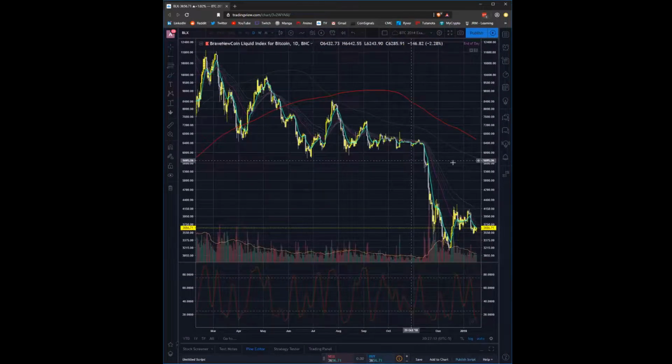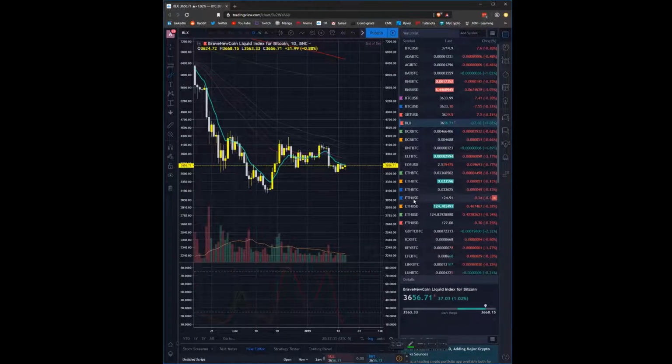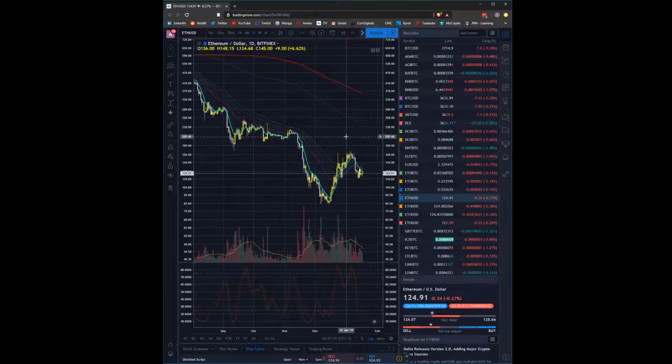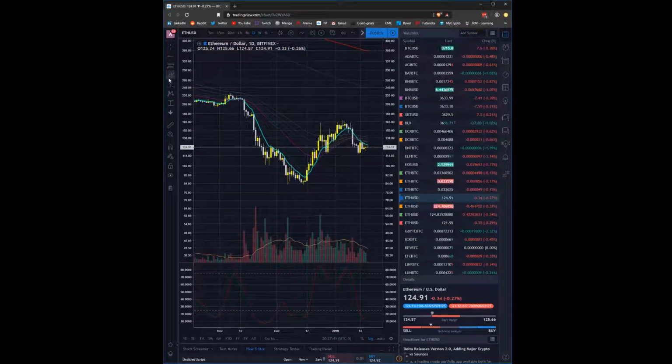Now for this. Another good way to do this is if you're long Bitcoin, you could be short an asset that is correlated with that. In this case, Ethereum, right? If we see here, we'll go look at Ethereum real quick. Ethereum looks pretty much the same as Bitcoin, right? Or rather, it's performing the same as Bitcoin, but almost like on steroids, right?